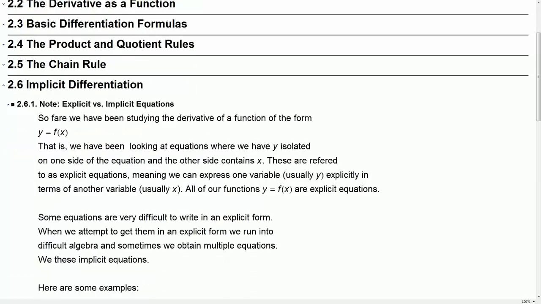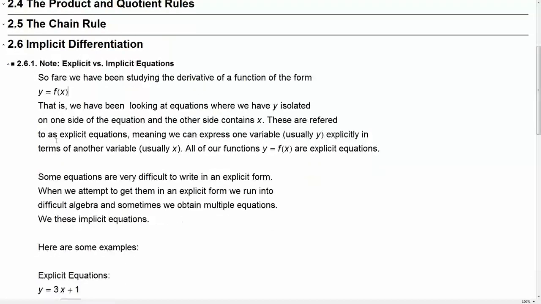Everything that we've studied so far has been a function of the form y equals f of x. So we've been able to basically solve for y, get y on one side of the equation and some function of x on the other side. Any equation like this where you can solve for one of the variables in terms of the other is called an explicit equation. Sometimes we are faced with a challenge in that we cannot get one of the variables,